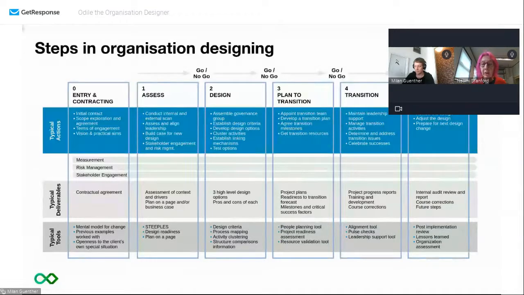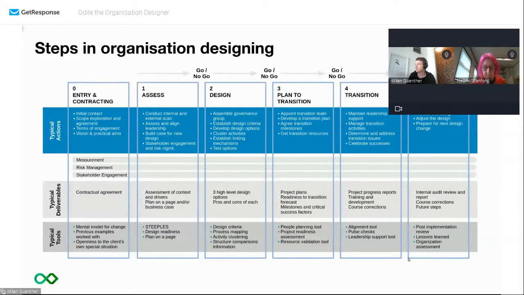So this is essentially the process that I follow, which for any of you who are project managers, you will be familiar with this because it's a very standard piece of project work to look at it like this. For people unfamiliar with organization design, just having this map tends to be very helpful. And for people who know that it turns into a messy, complicated thing, it's still helpful to realize that they are going to emerge at the end of it somehow or other.